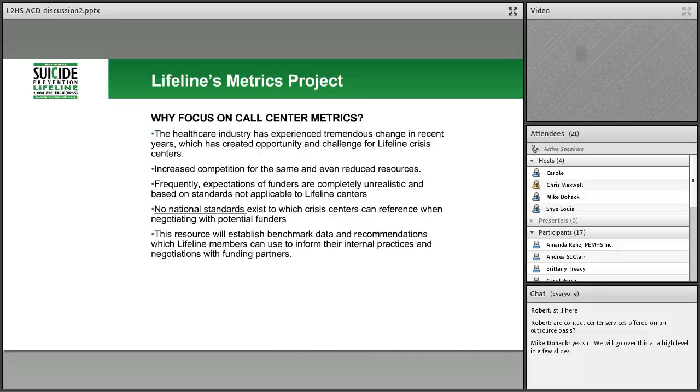make some recommendations, and educate both centers and funders so that they can inform their internal practices of how they're working with data and with the information you can glean from this type of technology, both to improve their services and to use it in negotiating with funding partners. So just a couple of lines on the next slide that I want to talk about in terms of the project and where it's going.